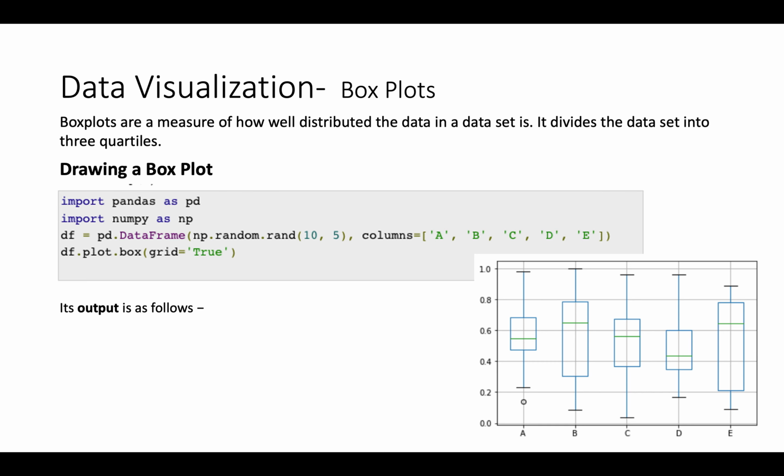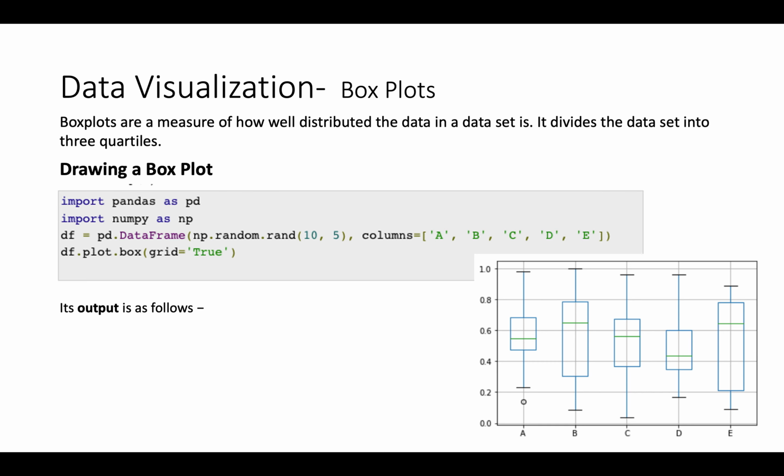And then, before we discuss the chart, here we discuss the box plot. It is a measure of how well the data is distributed, dividing the data set into three quartiles. To draw the box plot, you can call the box plot function, and you can choose to use the data frame plot. So here we choose the plot function